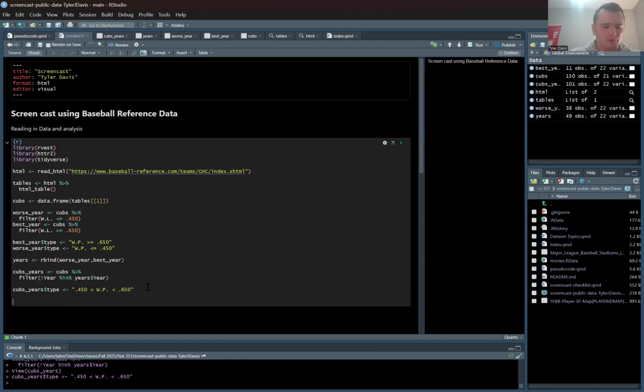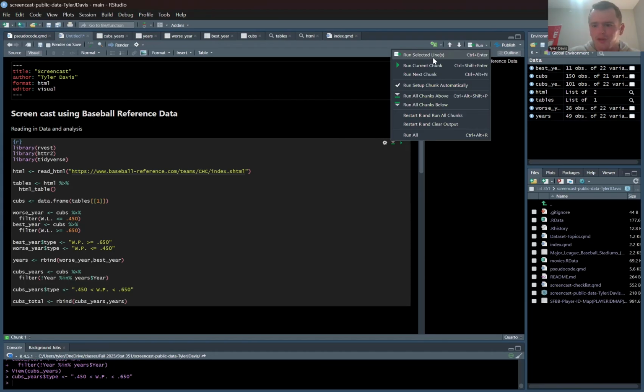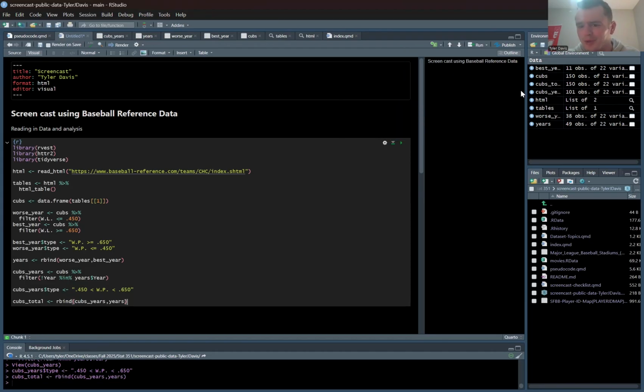So now what I'm going to do is create this data frame called Cubs total, and I'm just going to combine the data frames that we have created. I'm going to combine, typing is an issue today. I'm going to combine them into a singular data frame. Cubs years, years. Great. Cubs total. We should have 150 entries in Cubs total, and we have 150 observations right here. So that's great. Okay. Now what we need to do is